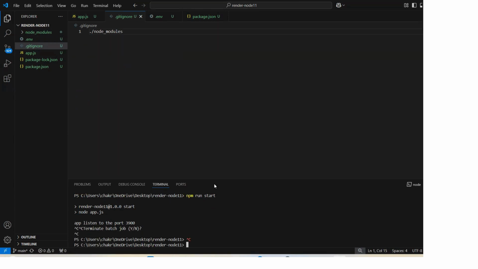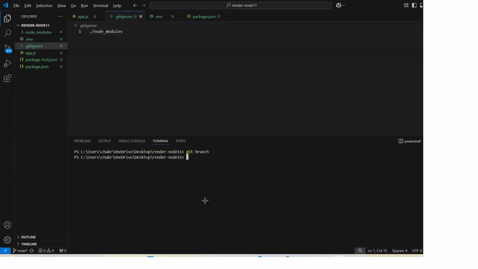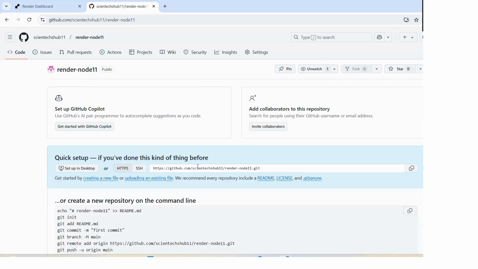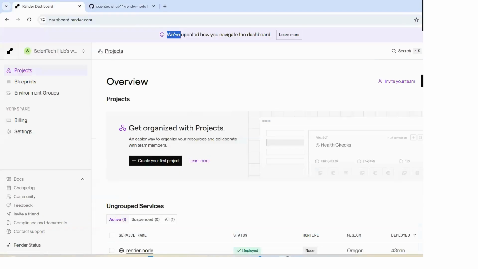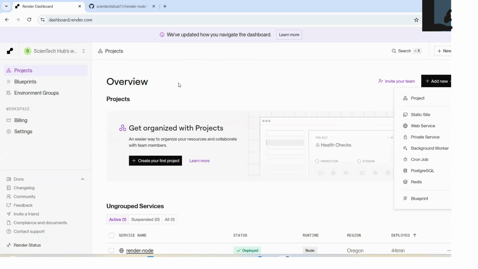Now what we have to do, so now I will check my branch. Okay, I think this is on my main branch currently. Before that, let's go to render.com. So here is the UI of render.com. So here you can see